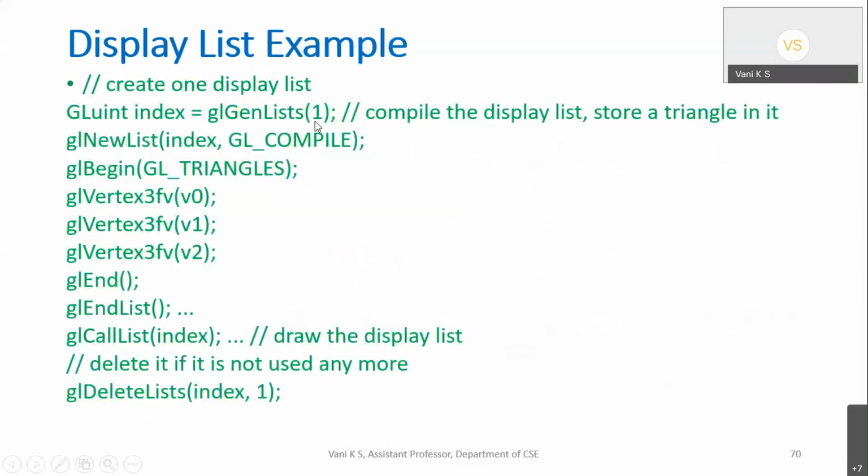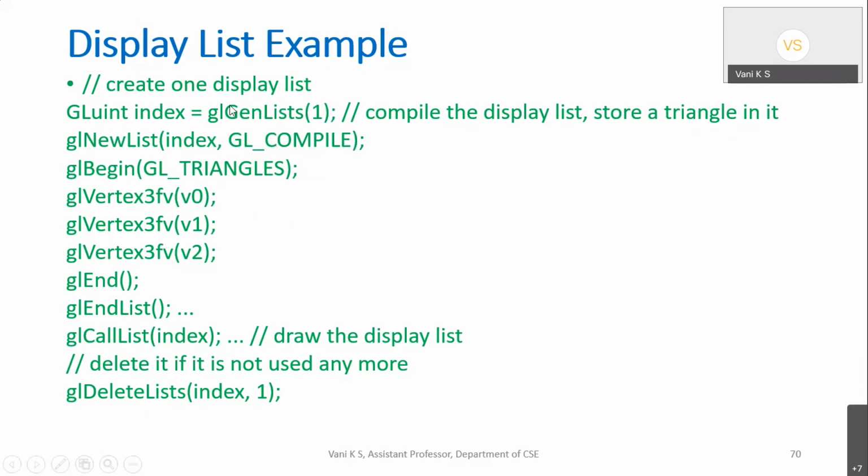So this glGenLists function will create a display list for you. And how many lists do you want to create? One. And then what is an identifier for that? It is an integer index. And this is the new list which is getting created. And that list should be GL_COMPILE. You can either have GL_COMPILE or GL_COMPILE_AND_EXECUTE. That is, whether you want to store this code using only compile or compile and execute both. So based on that, you can change this option.